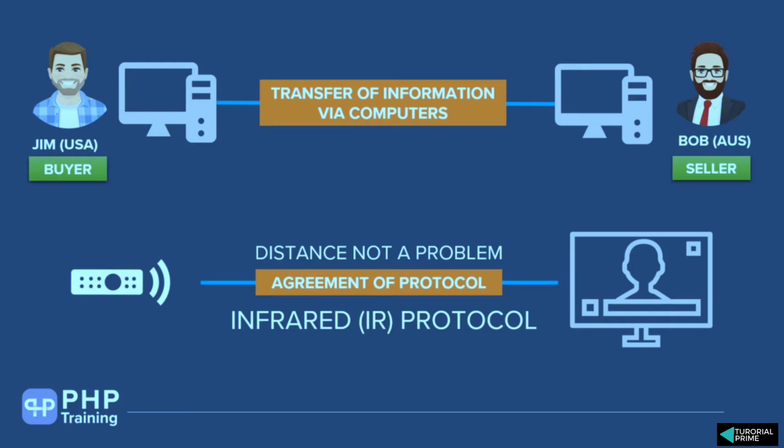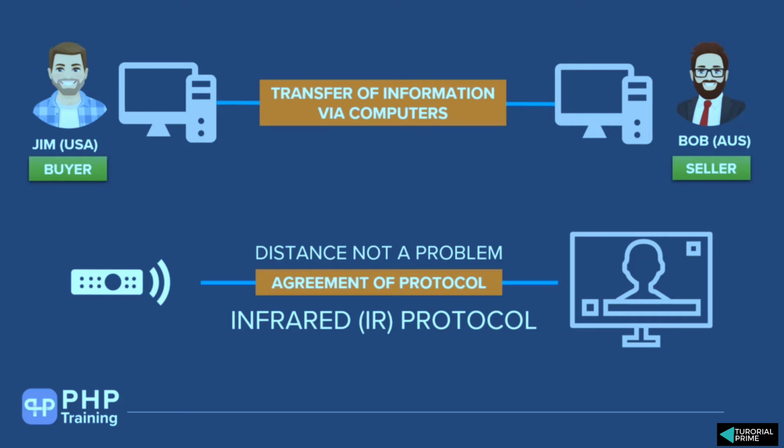That's the challenge that we are trying to solve here. When there is a distance, how do they find each other? How do they communicate when there is a distance? Well, if there is no distance, then there's no problem. Like if you stay in your home, your Wi-Fi is not a problem. If your headphone is nearby, that's not a problem. If you move away from your headphone to your phone, then the distance challenge comes into the picture. Language is not a problem because the language has been agreed, but when the distance comes into the picture, that's the challenge you have to solve. So let's understand, if distance is a problem, how do you solve that challenge of communication?